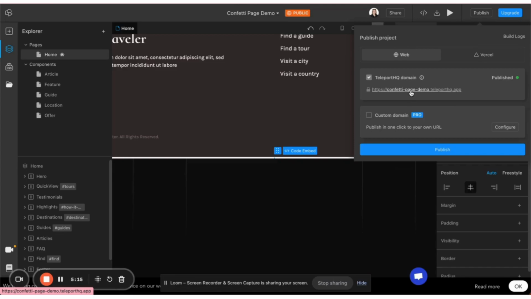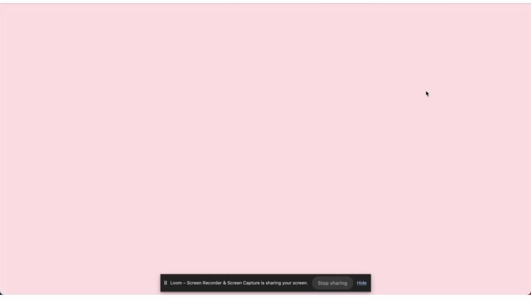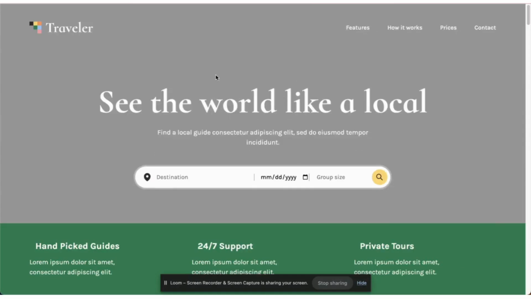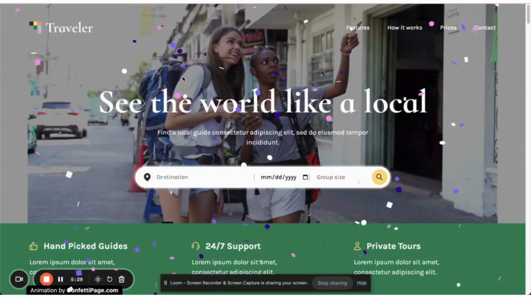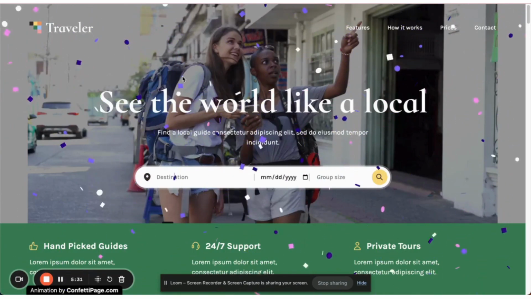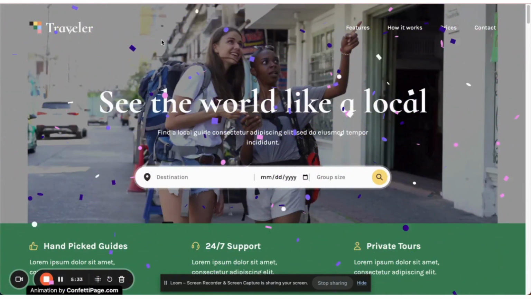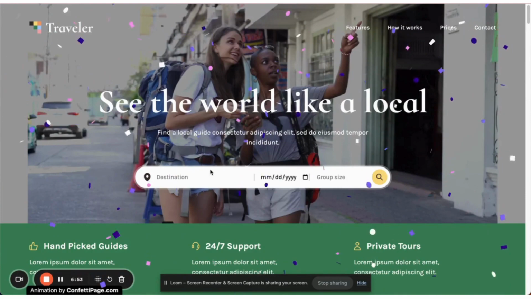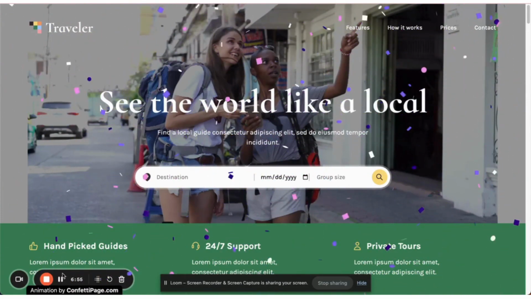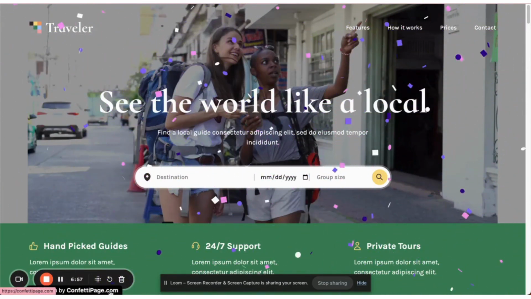Now, to see the confetti animation in action, click on this link under Publish. It will open a new tab, and if you did all the steps I mentioned correctly, the confetti code will work. Congratulations! By the way, if you are using the free version, you will see the ConfettiPage.com branding appear at